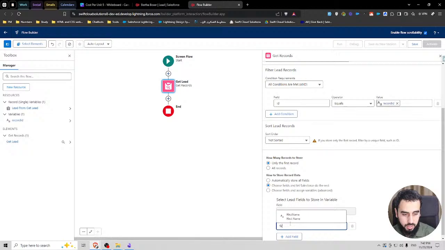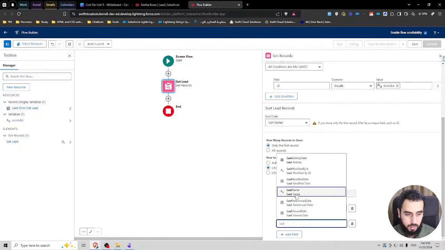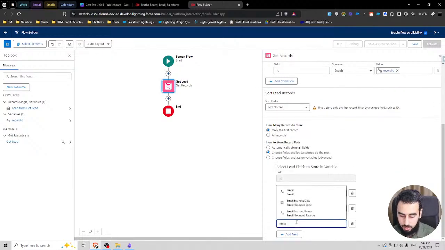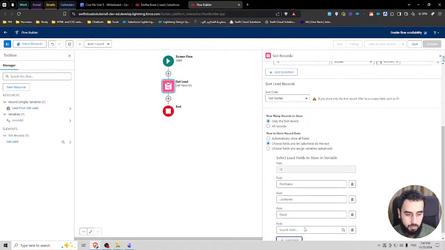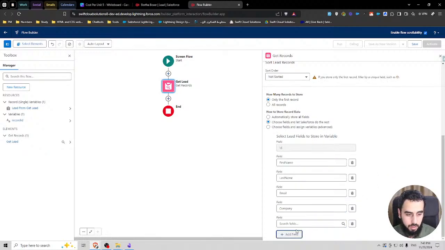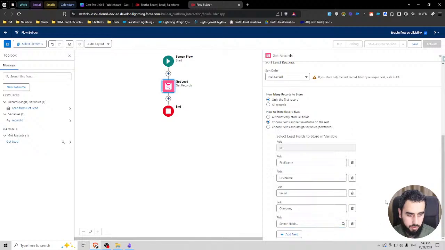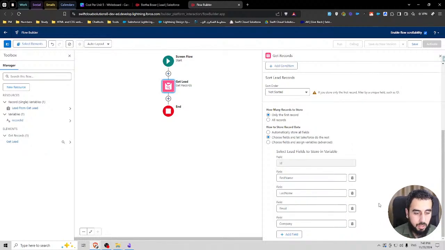What we need here is first name, last name, email, and company name. Is there an amount field or something? No? Okay. All right, so we're just going to get these fields.